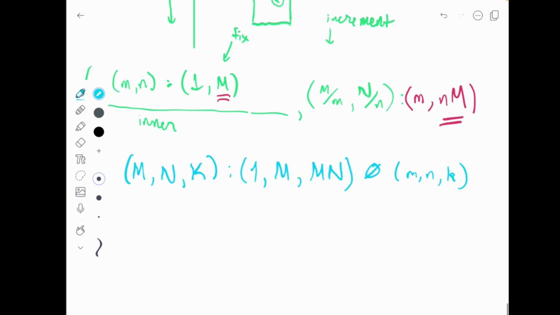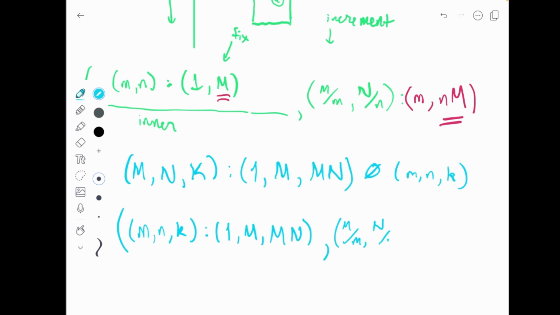That's going to be an inner mode, which is m, n, k, all lowercase, with the same layout as the big mode. And then the outer one is capital M over m, capital N over n, capital K over k, and